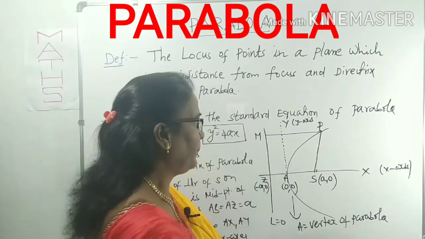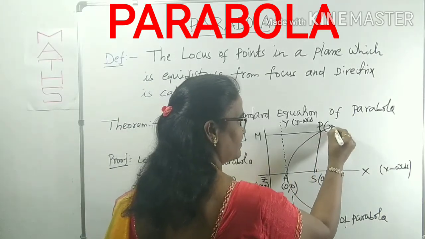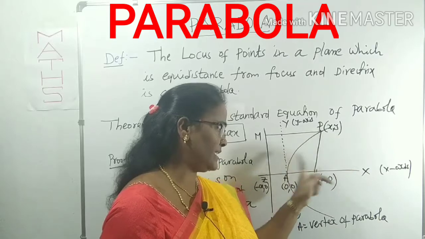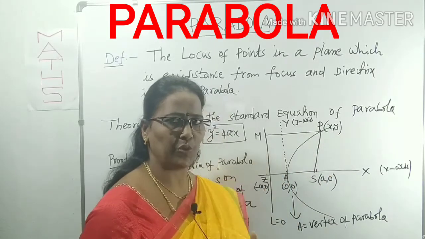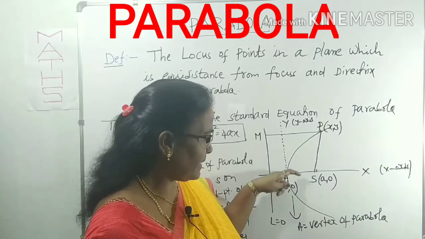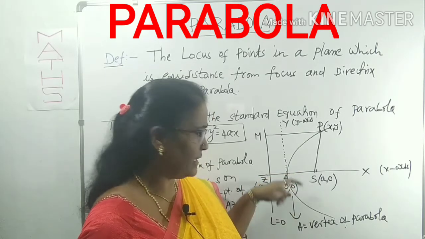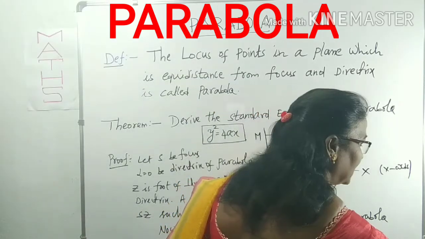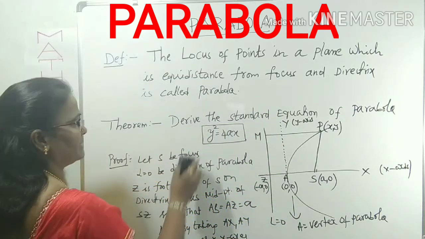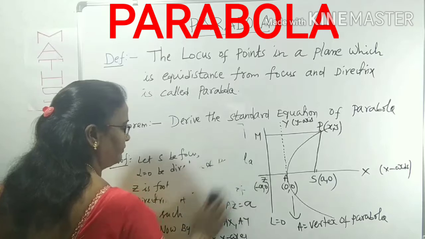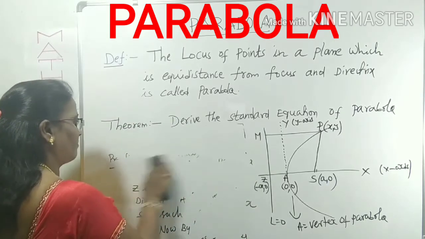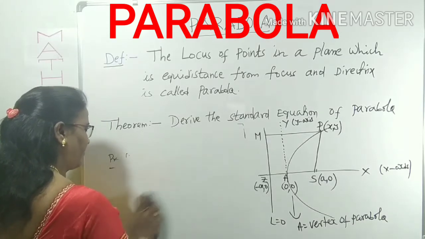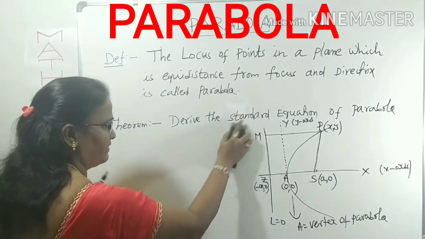After this, already I mentioned here P, let it be taken as x, y on this parabola. Now, what is P? Any general point on this parabola with coordinates of x and y. Now, we can use the definition of the parabola. According to the definition of the parabola, what is equal? SP is equal to PM. That one you can use. From that we can get clearly the equation of the parabola, the standard equation. I am getting now how it is. Very simple. Next step very easy.